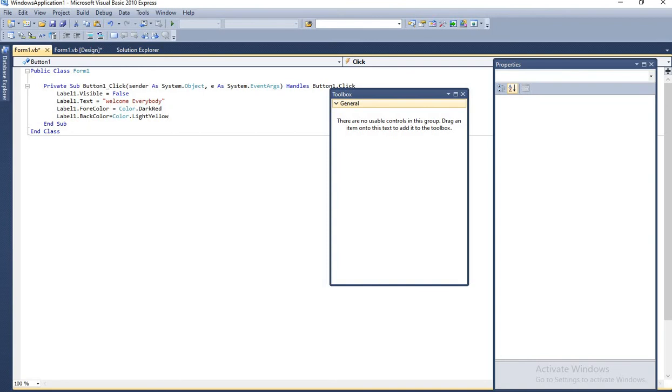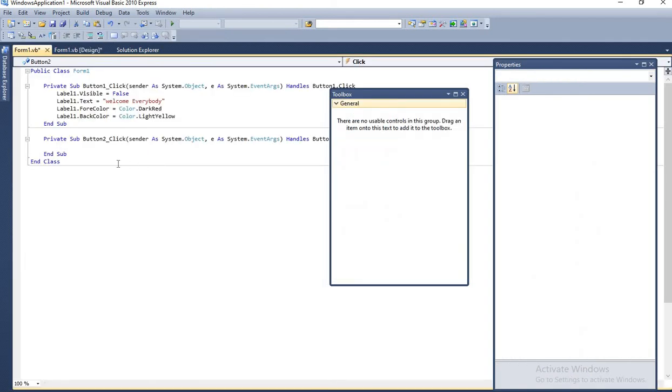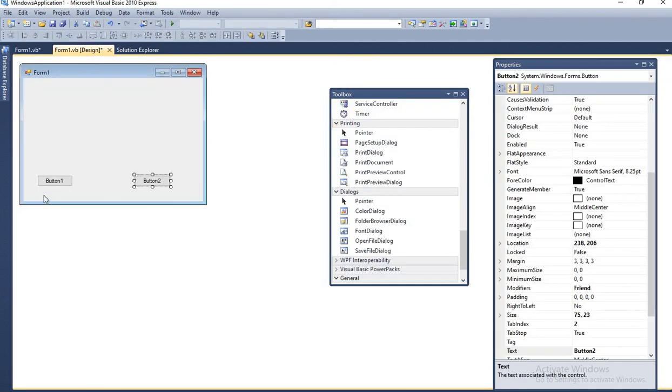Then it is done. Now we will change the properties for the second button. One more thing, we will change its text property.